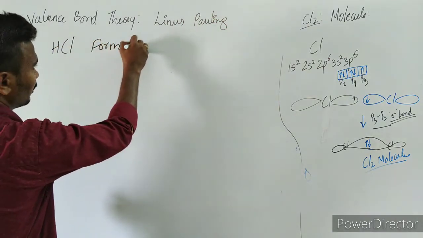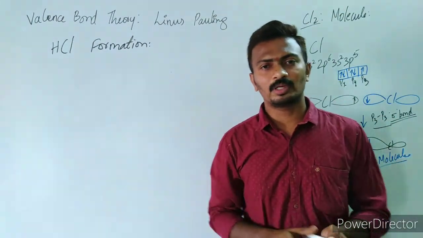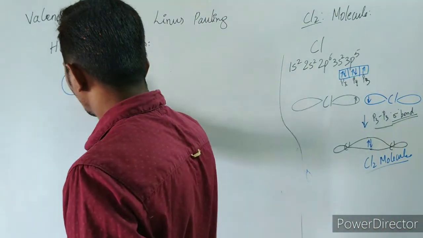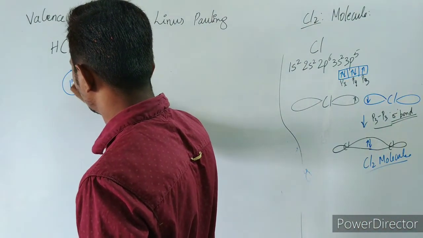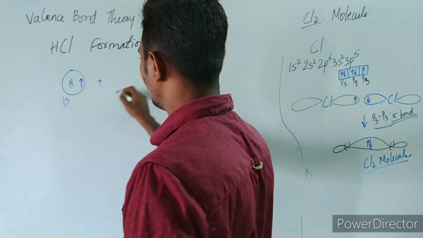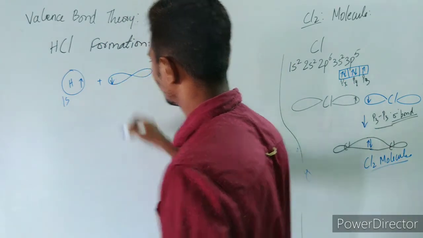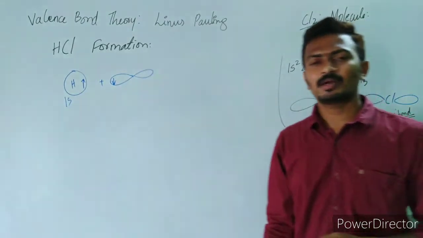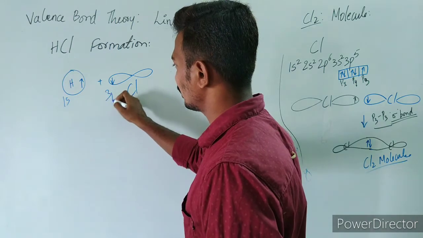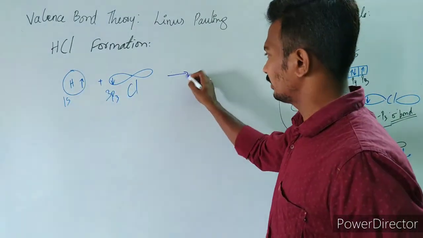If you look at the formation of the HCl molecule, here the HCl molecule is also a covalent molecule. The 1s atomic orbital of hydrogen will be overlapping with the 3pz atomic orbital of chlorine. What is this? This is 3pz, and the 1s atomic orbital of hydrogen will overlap, and they lead to the formation